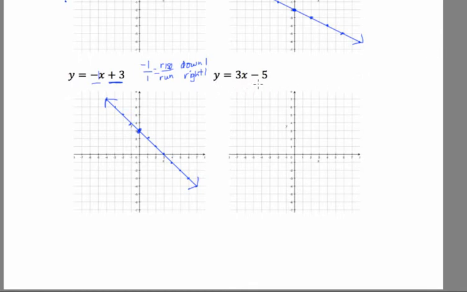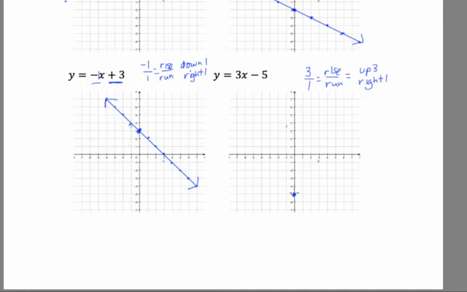y equals 3x minus 5. -5 is the b number. It's my y-intercept. My slope is 3. So it's positive. I'm going to be going uphill, and it's a number larger than 1. So it's going to be a pretty steep line, steeper than a 45-degree angle. So let's take our m number, 3, and make it into a fraction. Put a 1 underneath of it. Those two numbers tell me my rise and my run. So I'll go up 3,